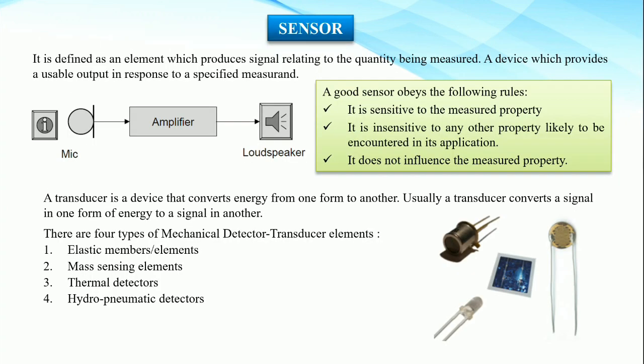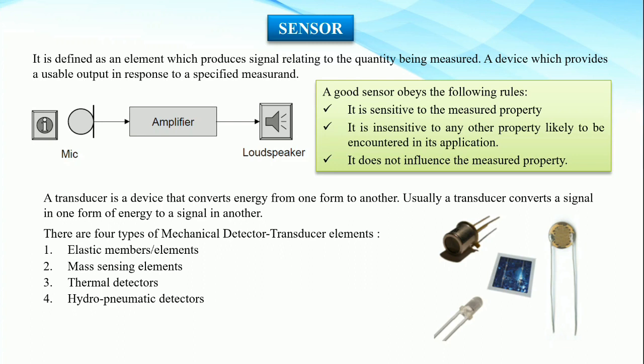Now in this video we are going to analyze the sensor transducer part. As I said in the previous video, a digital measurement follows a certain procedure, and in that procedure three main stages are involved. Number one is the sensing stage, where the sensor and transducer are involved. The next part after sensing is the signal conditioning stage, and after that the readout and recording stage. We will discuss all of these one by one.